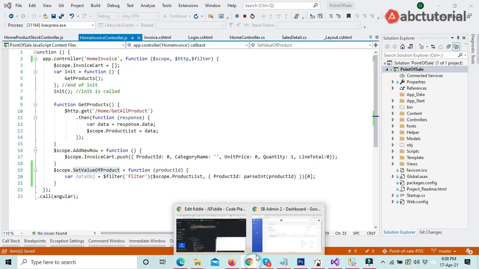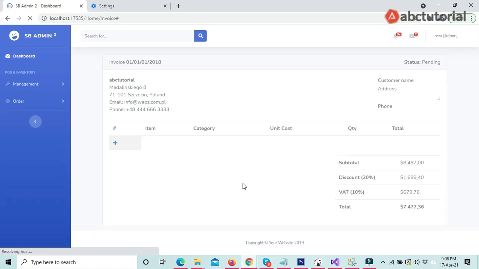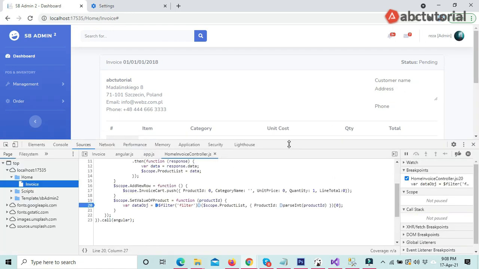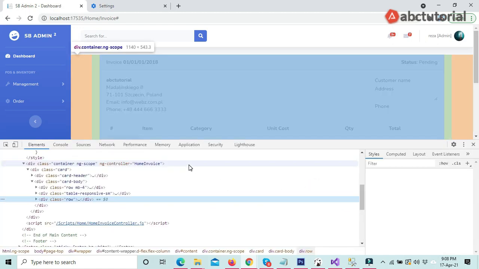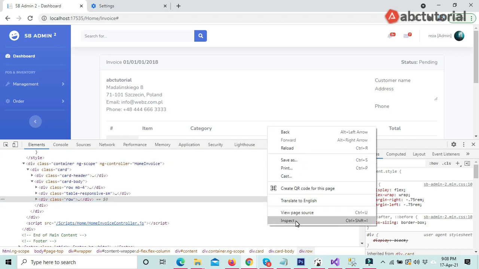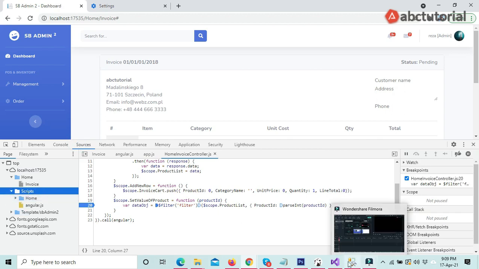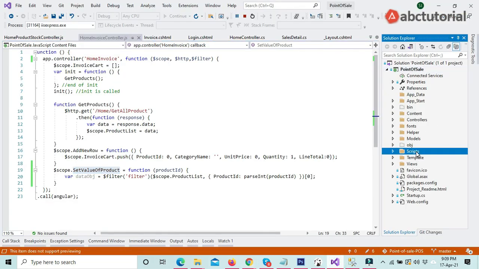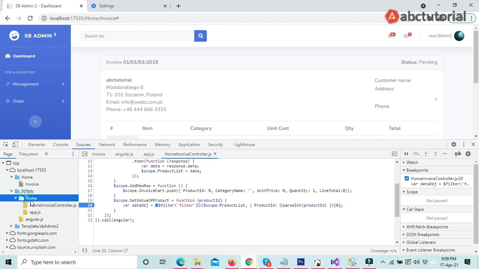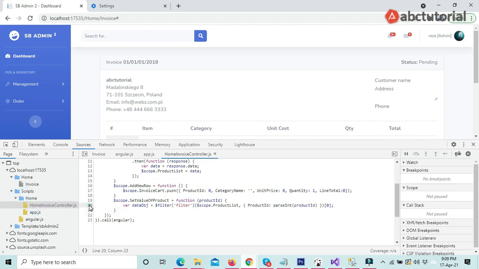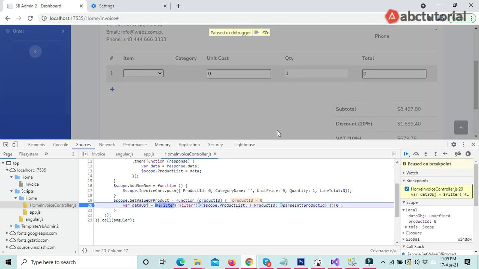So now if I just check, for checking, you can show your inspect element with Control Shift I, or you can right-click and then click here, and source script, because our script is inside the script folder and home folder. So script and home controller. If I click here, right,